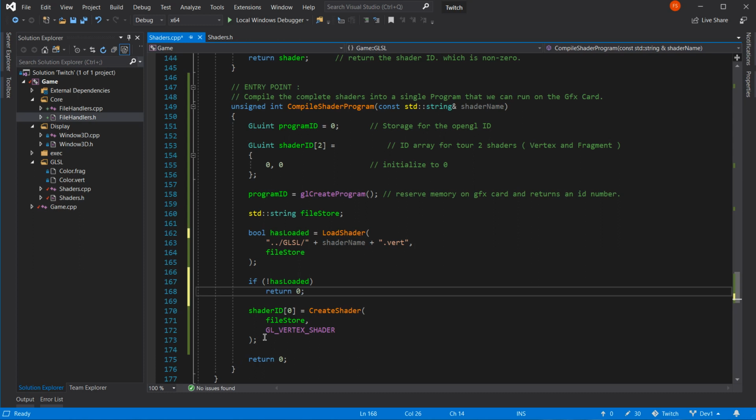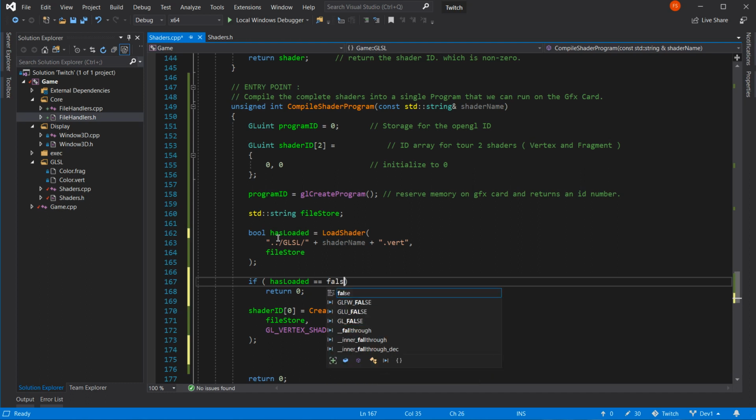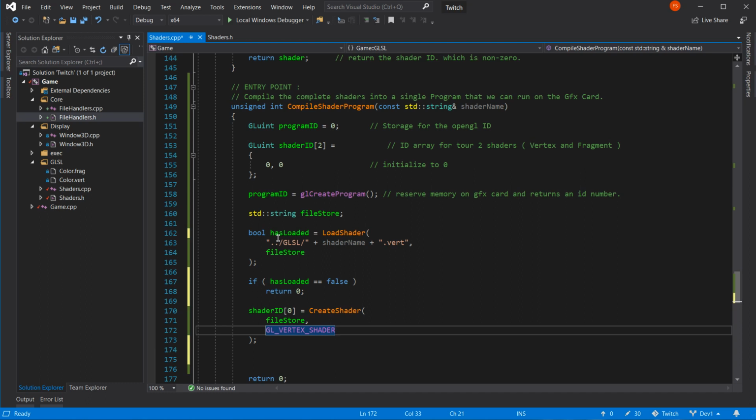Again, if... Oh, wait a minute. I'm going to do this properly. There you go. That reads better. I don't like the pling.